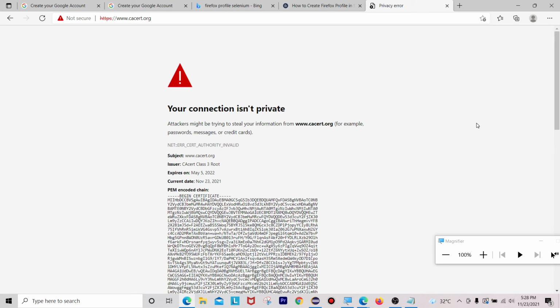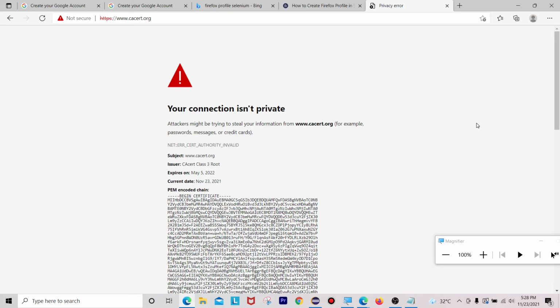We can handle them with the help of two concepts: the first is Firefox profile, and the second is set accept untrusted certificate, which accepts boolean values, true or false.